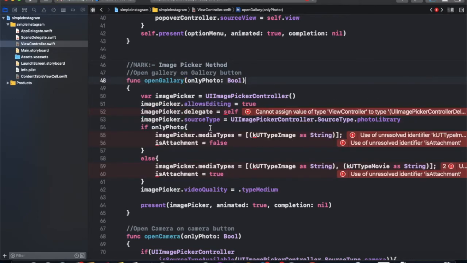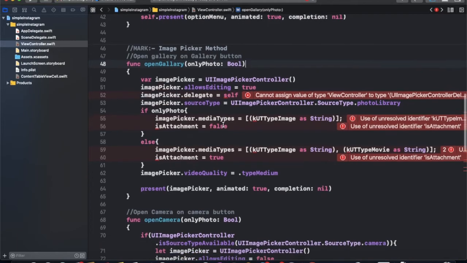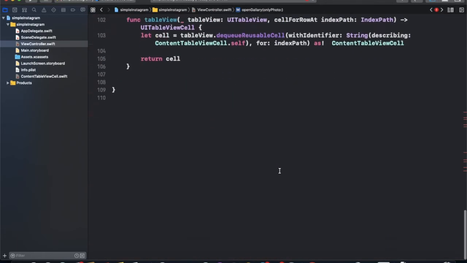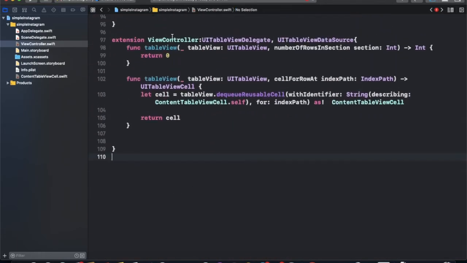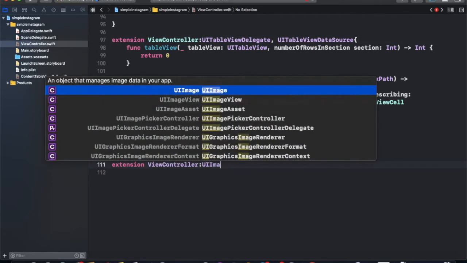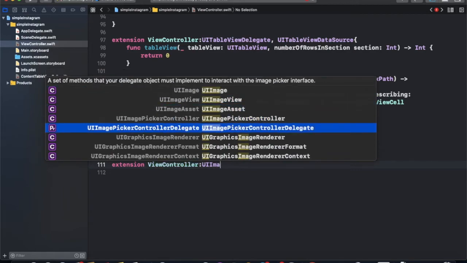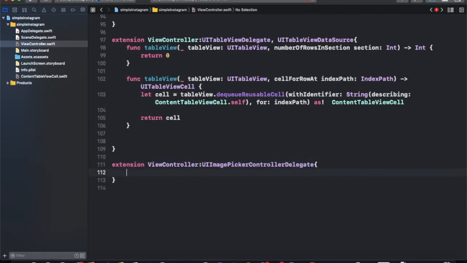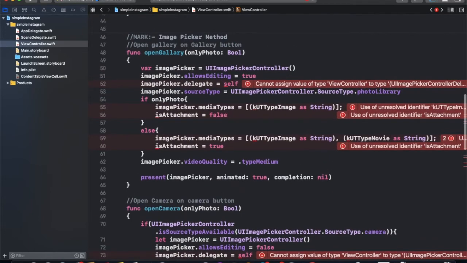You can set a delegate. For the delegate, you need some delegate functions, so we just make a new extension here, UIImagePickerControllerDelegate. So we remove that dependency type things.